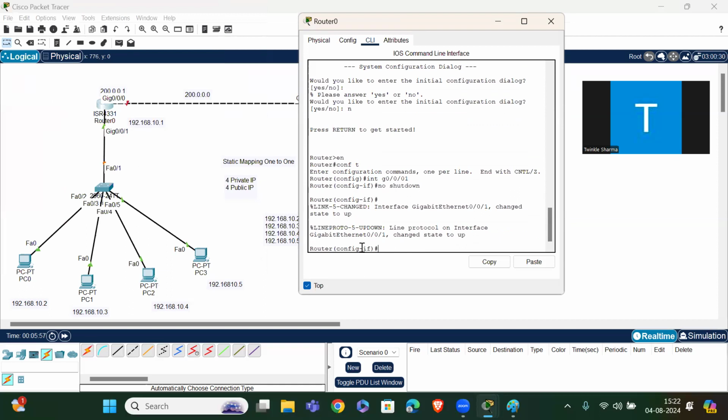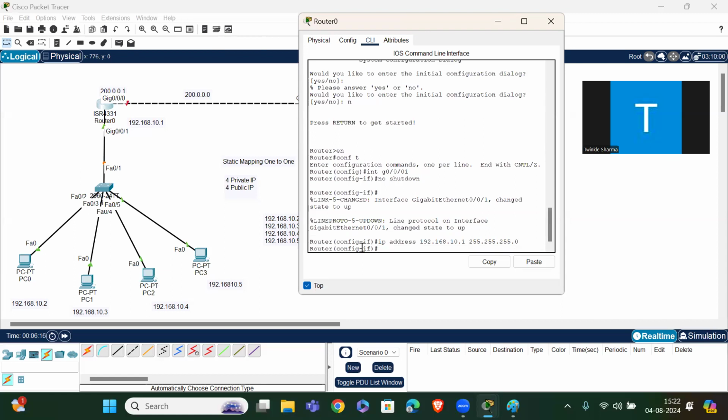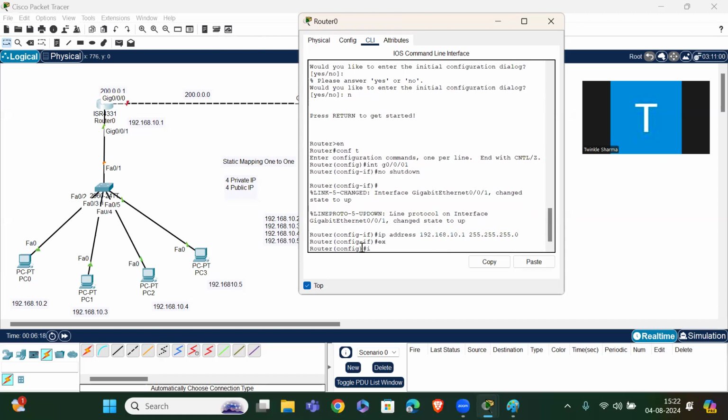Then IP address 192.168.10.1 255.255.255.0, exit.